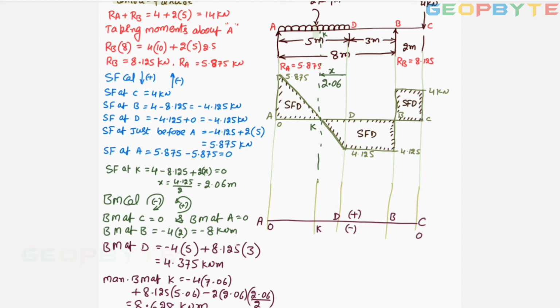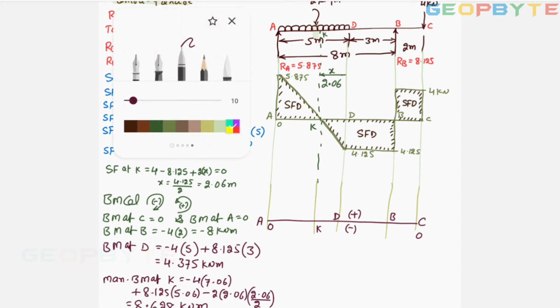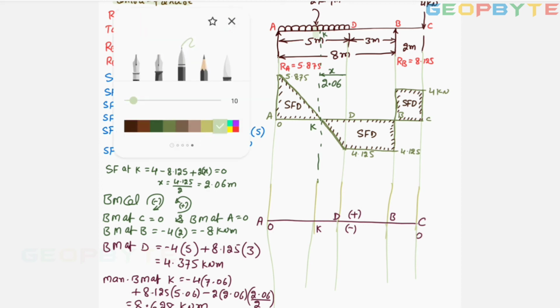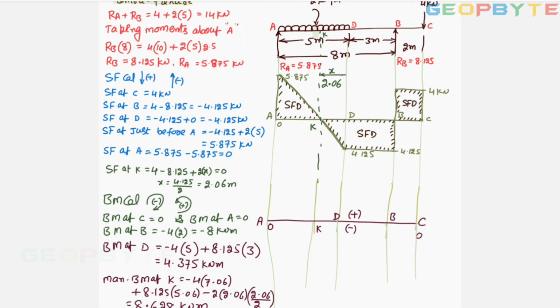Bending moment at D is 4.375 kilonewton meter. So for this you have to project the lines below the reference line also, because this is the overhanging beam. I thought that it is a simply supported beam, but it is not. For a simply supported beam only, the bending moment diagram comes on only the positive side. For an overhanging beam, the bending moment diagram comes on both sides of the reference line. With that information, let me construct it.